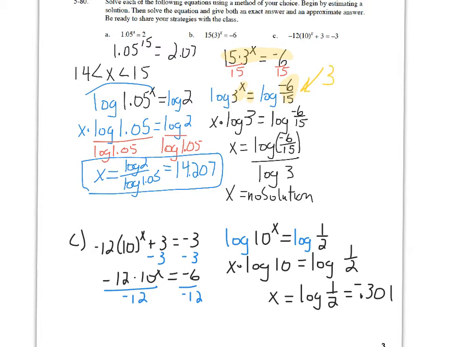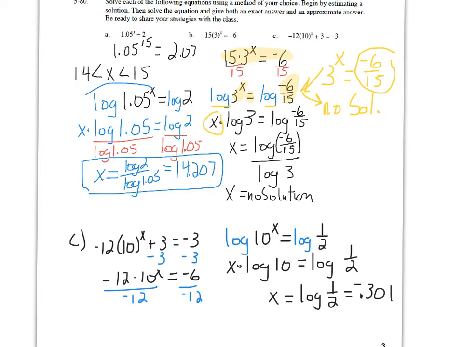How can a positive number raised to the x ever equal a negative 6/15? In other words, how can that 3 to the x ever equal a negative number? It can't. So right here, I know that there's no solution. But if you finished the problem, you would have then taken the log of both sides, pulled the x